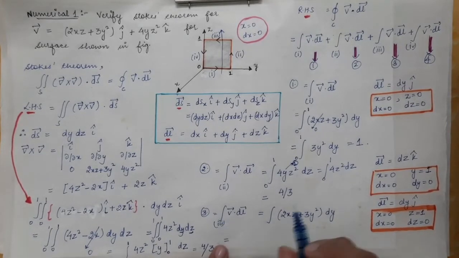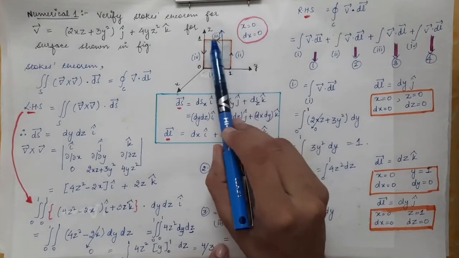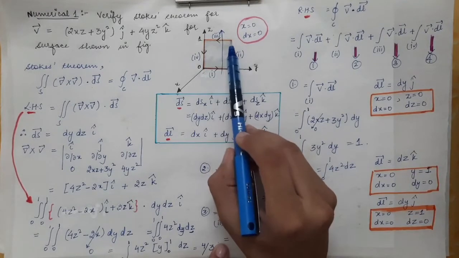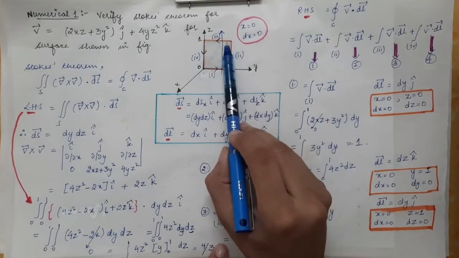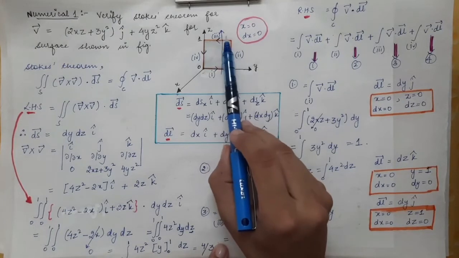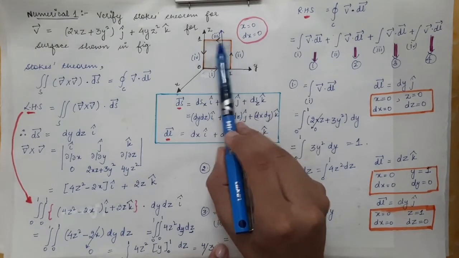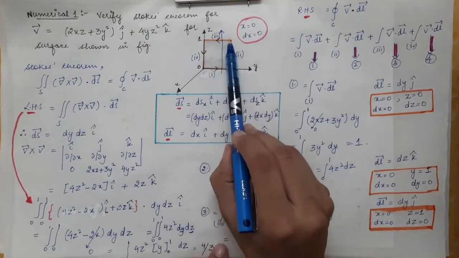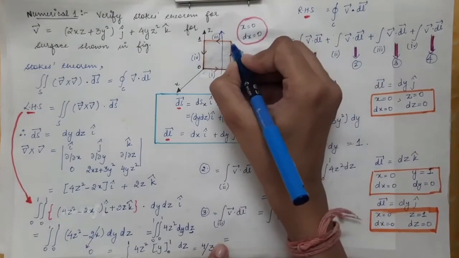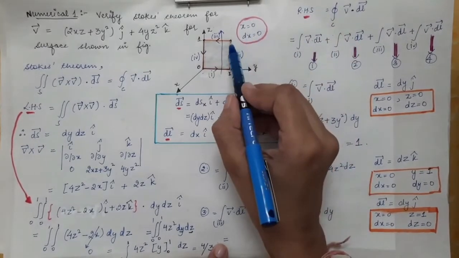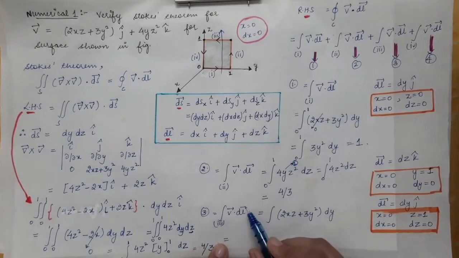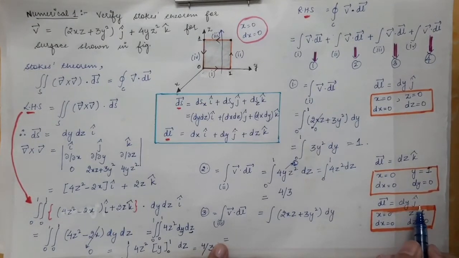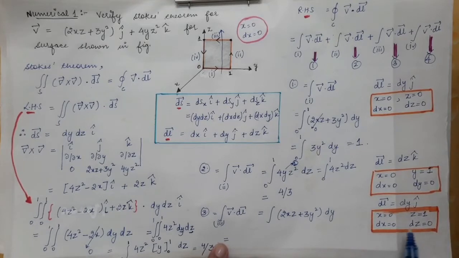Now for the third path, we have to do the line integral from this point to this point over the third path. Now on the third path, z will always remain constant, z is equal to 1. When you are moving from this point to this point, z will be constant and y will go from 1 to 0. Over here y is equal to 1 and over here y is equal to 0. So dl vector will be just dy into j cap, because x is 0, so dx will be 0, and z is equal to 1, so dz will be equal to 0.